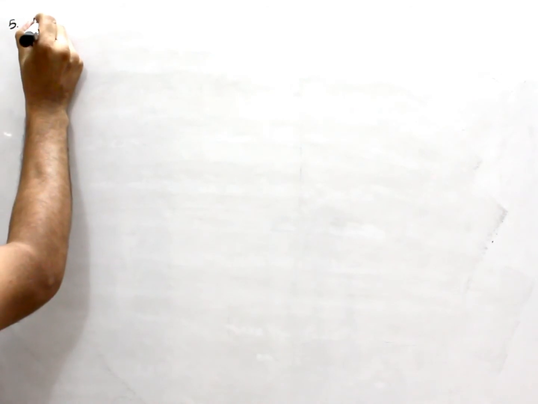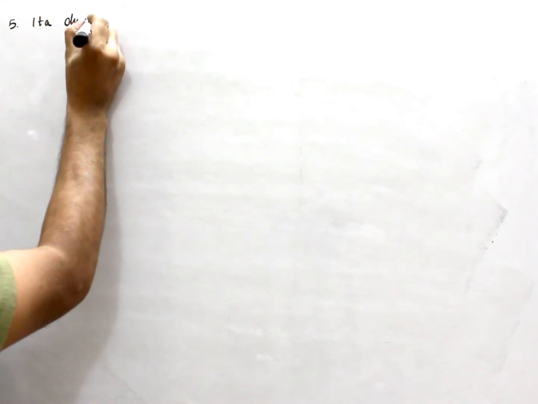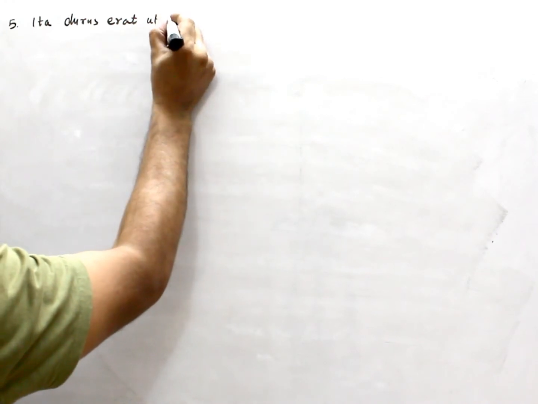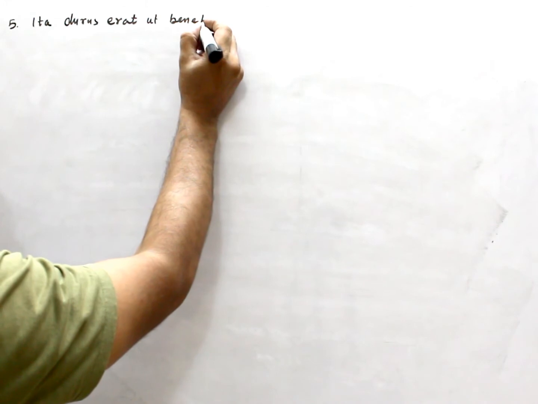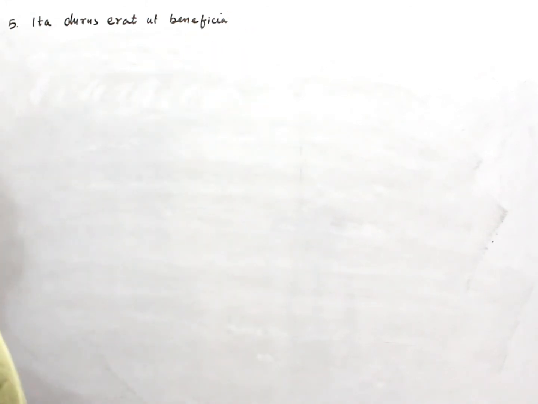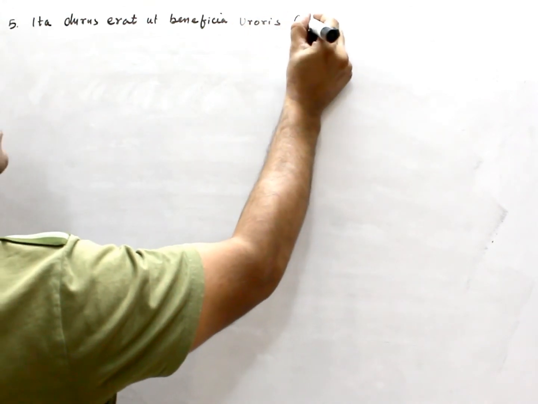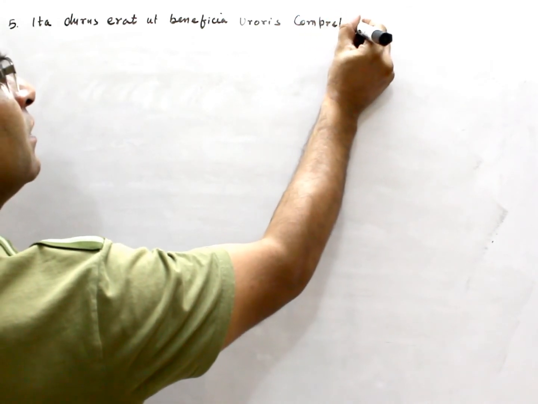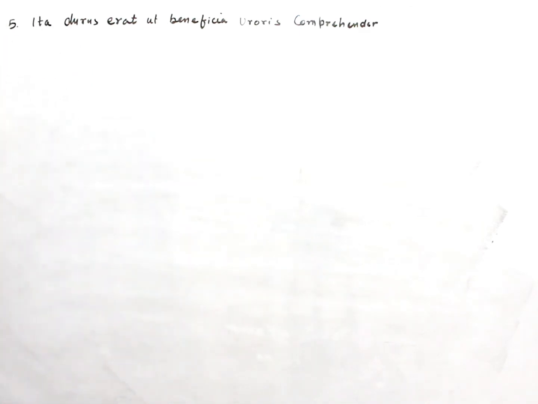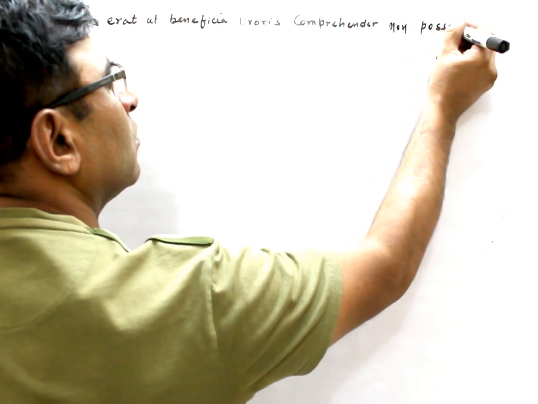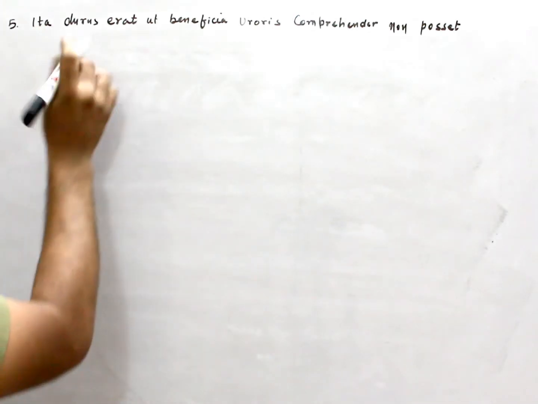Ita durus irat. Number 5. Ita durus irat ut beneficia uxoris comprehendere non posset. So, ita means thus or so,